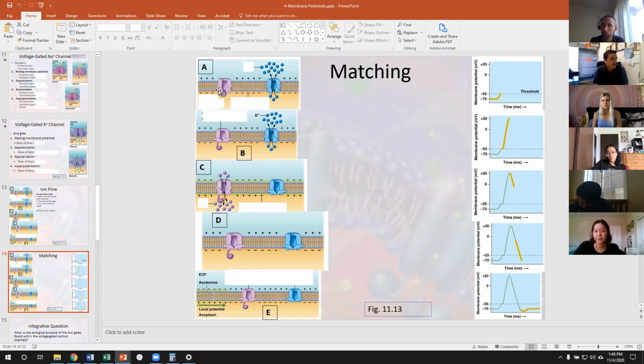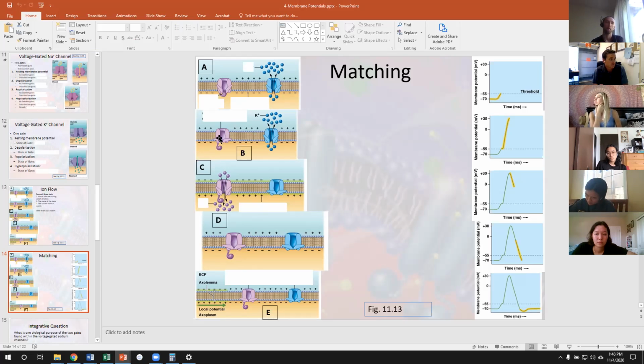When the sodium channel is stuck like this, we're in the refractory period. It's not until we get to hyperpolarization that we reset the sodium channel. And by resetting, we mean close the activation gate, this big one, and open the inactivation gate, so we get back to